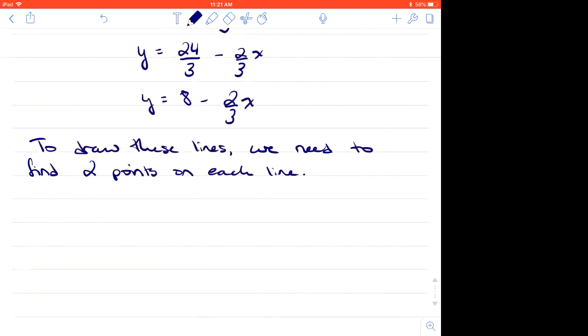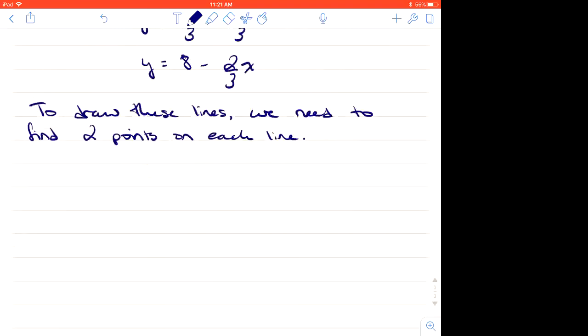And you don't have to write out all this text, but I do want to see all your work, right? So if you're finding 2 points, you have to show me how you found them. So something like this. So line 1,